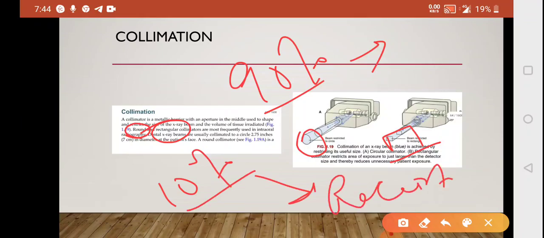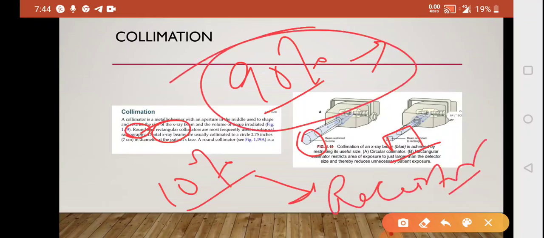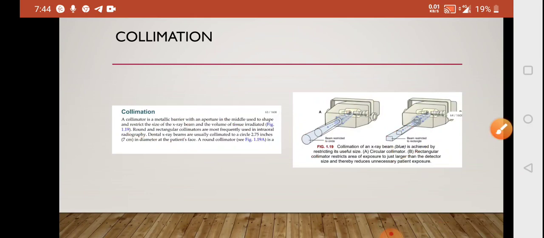So to remove these 90% damage-causing photons that are scattered over the tissue and causing the tissue damage, we are going to use a collimator. That is usually going to reduce the exposure, reduce the number of scattered photons that reach the image receptor, and thus reduce the exposure of the patient. So the basic purpose of the collimator is to reduce the exposure of the patient.